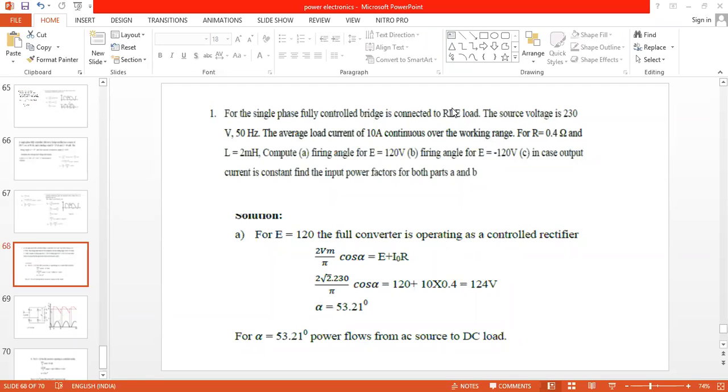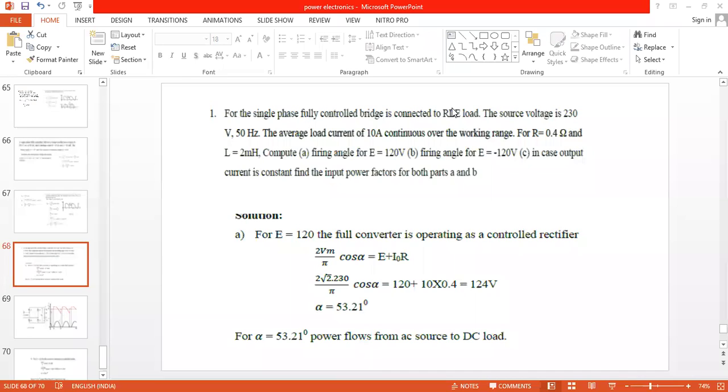Now remember this statement. If the firing angle is less than 90, the input voltage will be greater than back EMF. Therefore, energy travels from input to motor, from source to the load. I repeat once again. When the firing angle is maintained less than 90 using the power electronic circuit, the input source voltage is greater than the back EMF of the motor. Under this condition, energy travels from source to load and the motor starts to rotate.